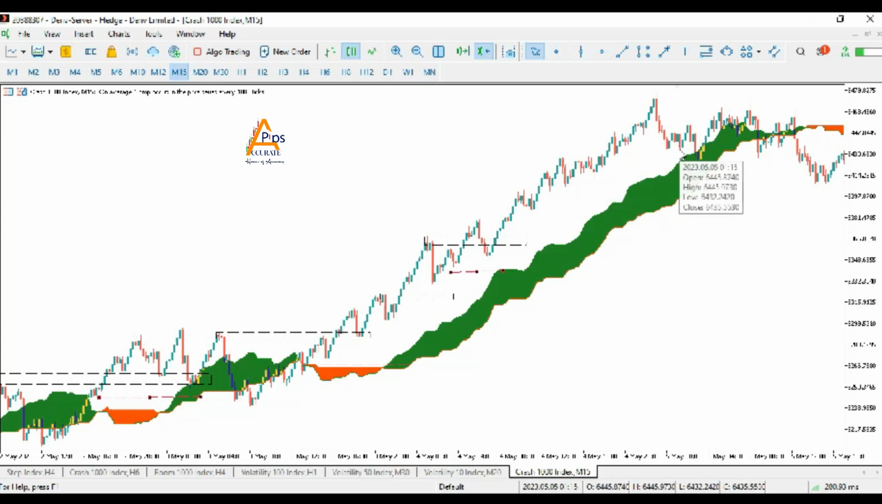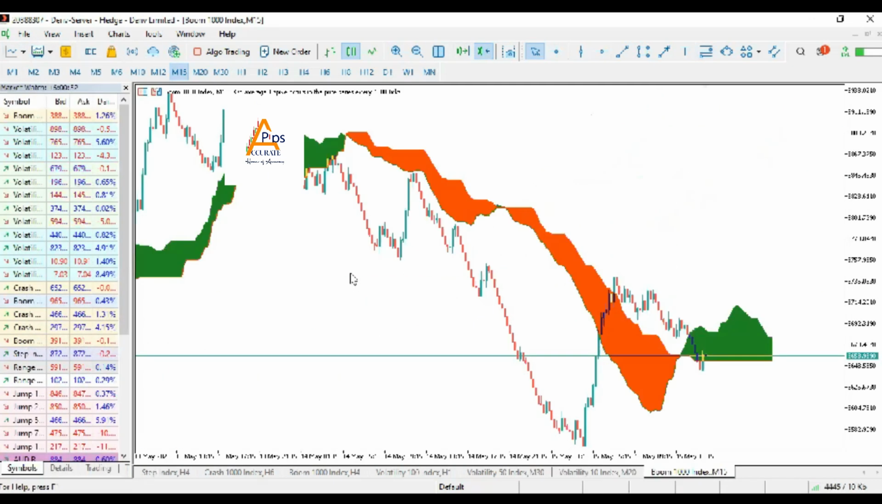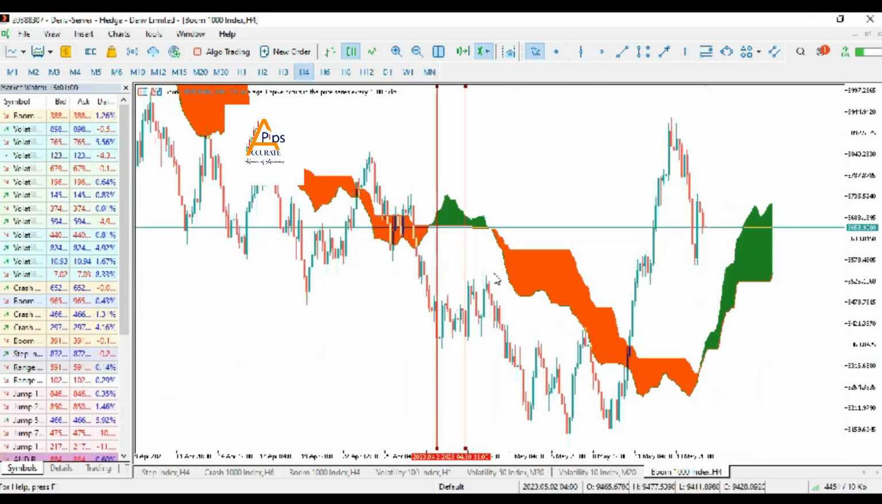So that is how you buy on crash. So let's see boom. Let's use any of the boom pairs. Boom 1000. All right. So here we are going to first go to H4. Good. So as you can see, with boom 1000, for instance, we don't have a selling opportunity because on H4,